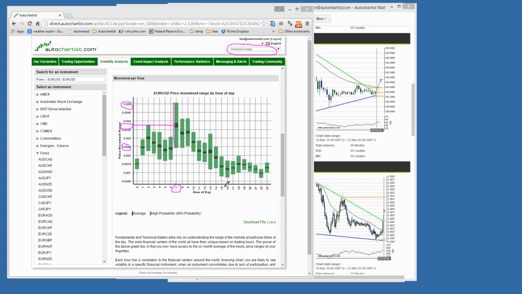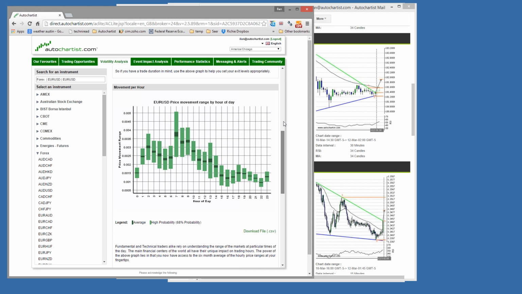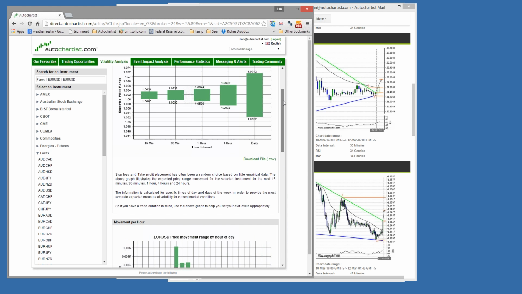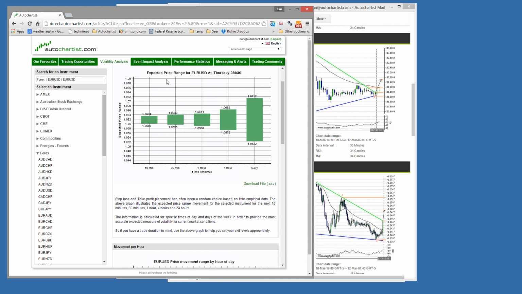Now if you look at this over a 24-hour period, you can see that most of the volatility happens during the European session, and a huge amount of volatility happens as soon as the US markets open for just 3 hours, and then the volatility drops again. Now if you're looking for volatility specific to right now, to this moment in time, we provide a graph which we call the trumpet, because you can see it's the shape of a trumpet, which is a forecast for Thursday at 8:30 a.m.